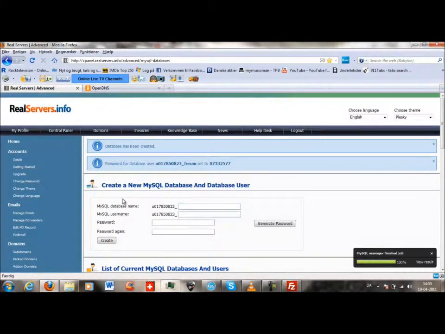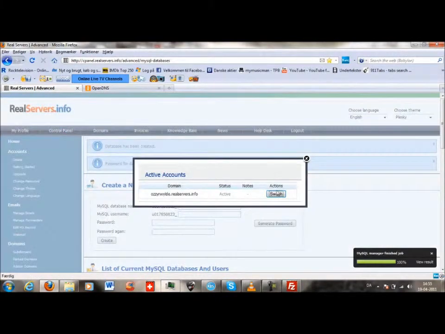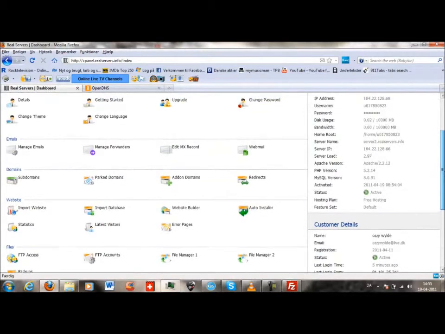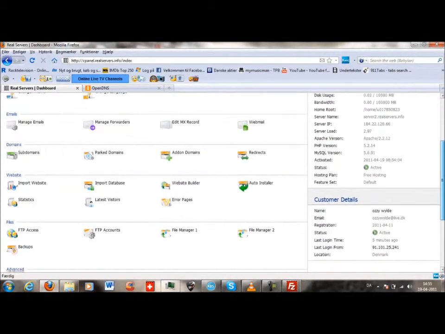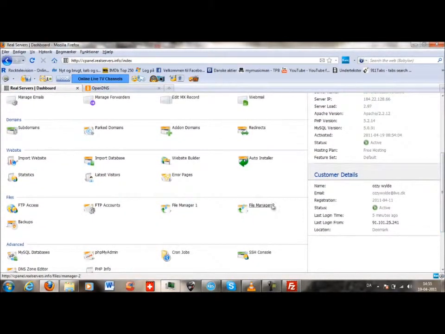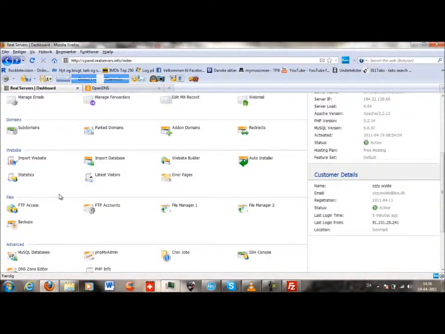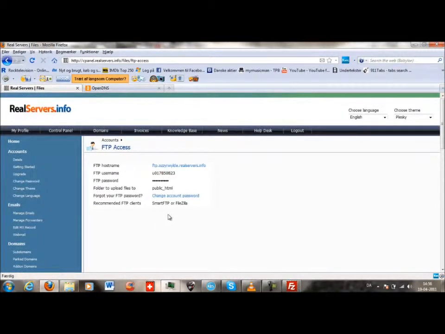Now you have it, and then go to control panel and go to FTP. Oh, sorry, no. I mean FTP access, and then you use this.